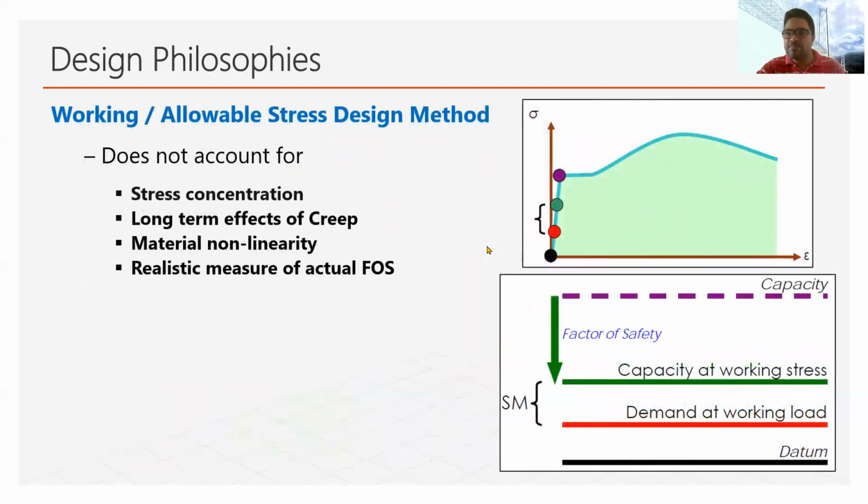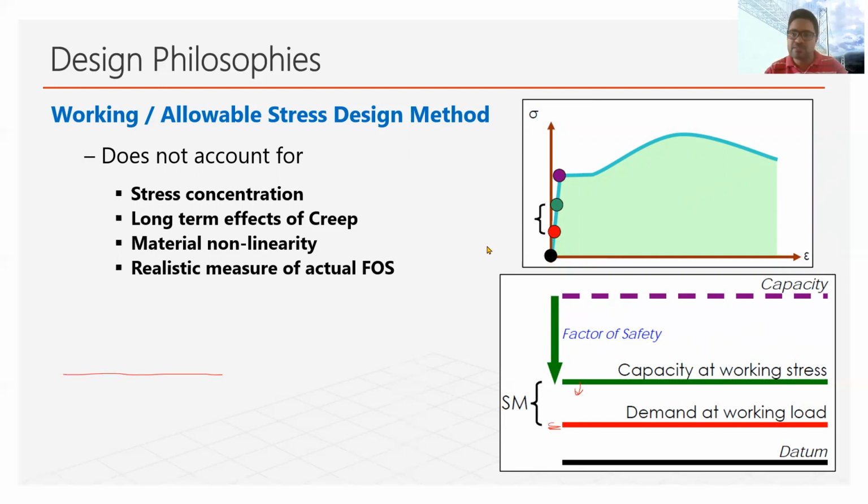Well, in practice, there are several limitations of this working stress method. The first limitation is that the main assumption of linear elastic behavior, and the implied assumption that the stress under working loads can be kept within the permissible stress, are not found to be realistic. This means if we assume that the load will be here and will always be below this one, that is not found to be realistic in a practical manner. Why? Because there may be stress concentration in the structures, there may be creep phenomena, and there may be other problems also.